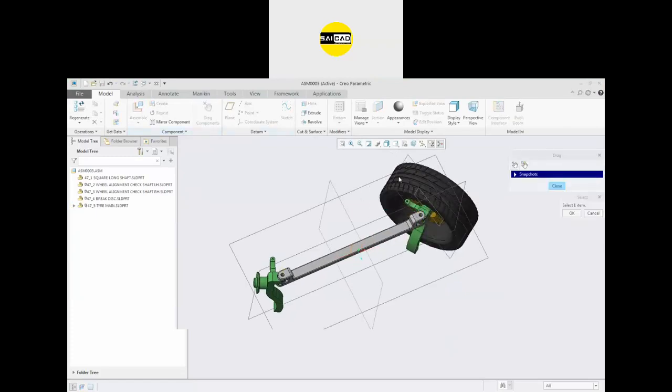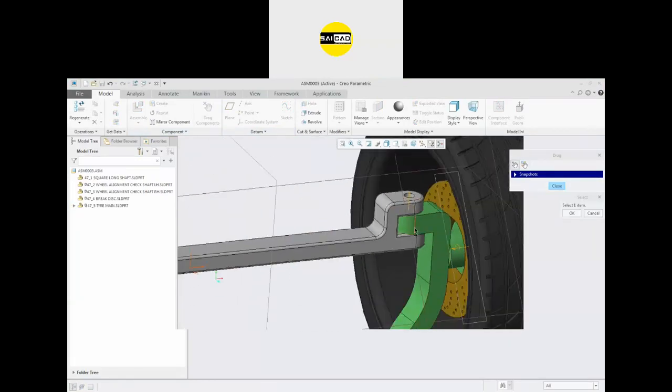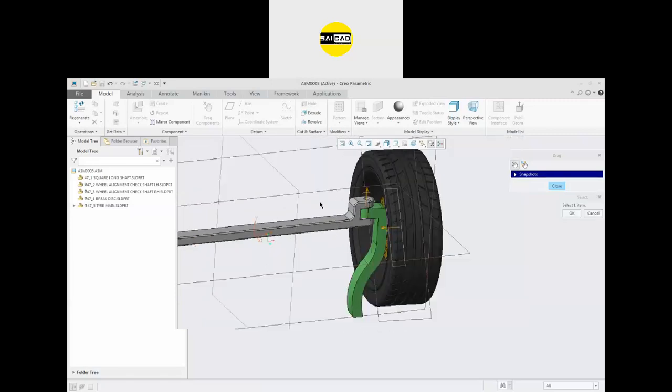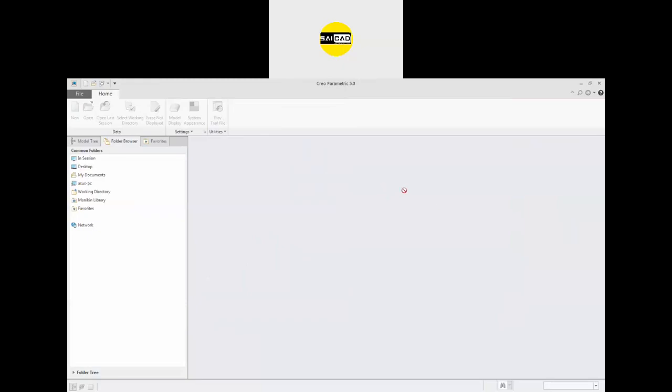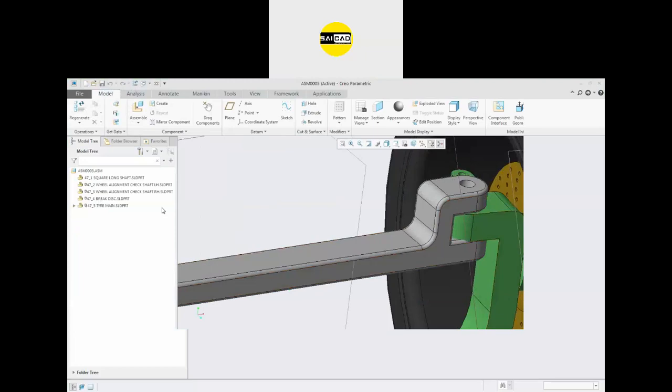You can see that the rotation is around 360. So how to control the rotation? We know that the relation we have applied here, the pin joint, is allowing it to rotate around 360. So we can edit that pin joint. I don't know why it is like that. So edit the pin joint.